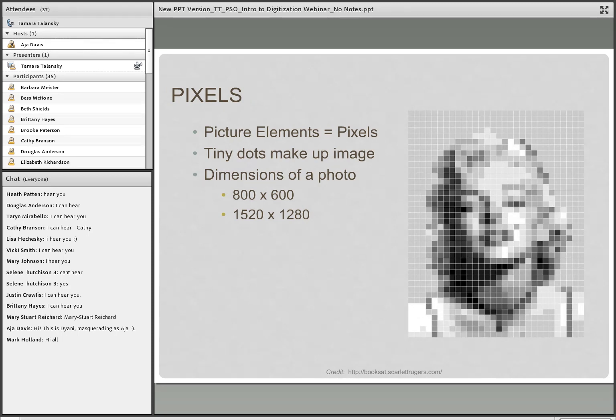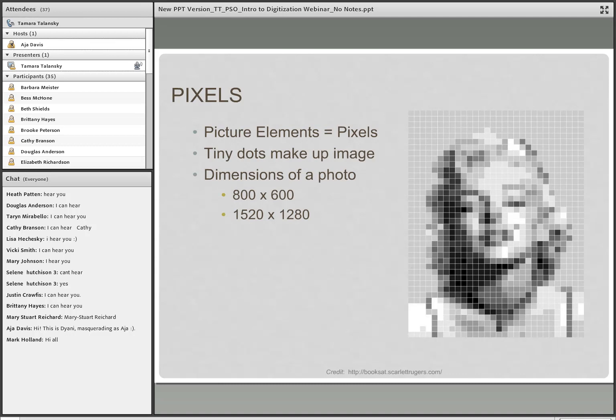When you scan a photo or document, the scanning device creates a digital image consisting of tens of thousands and sometimes millions of different colored tiny dots called pixels, or picture elements. These little dots make up the images you see on the computer. Normally you don't see the individual pixels because they're so small, which is good because most people want to look at smooth images rather than pixelated ones, but the dimensions of a digital image are expressed in terms of its pixels. They are the smallest physical element of a digital display device that the eye can discern.